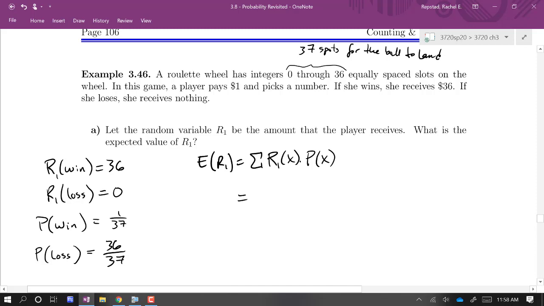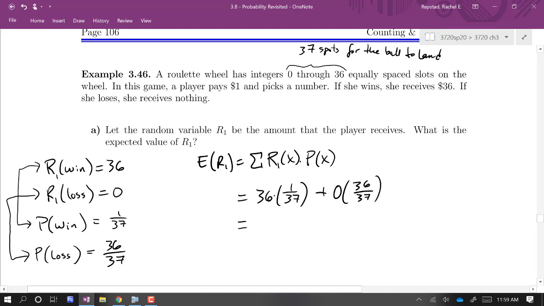So now I'm going to take the value of the random variable times its probability. The random variable of a win times its probability is 36 times 1 out of 37. And I'm going to add it to the value of R1 for a loss times its probability. So that's 0 times 36 out of 37. This will just give me 36 out of 37,